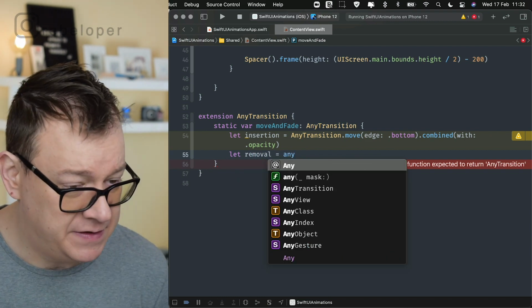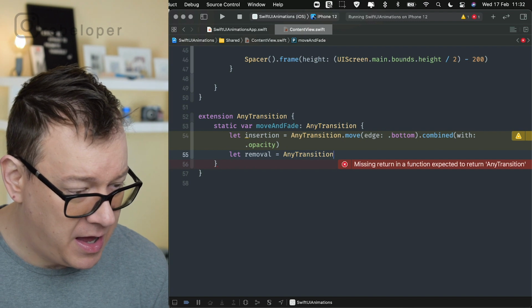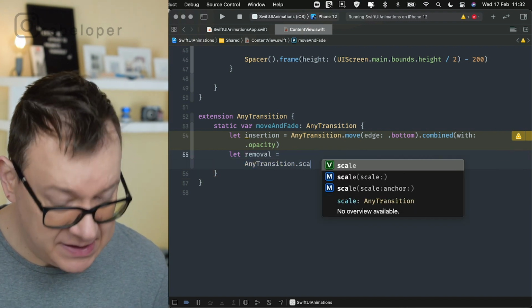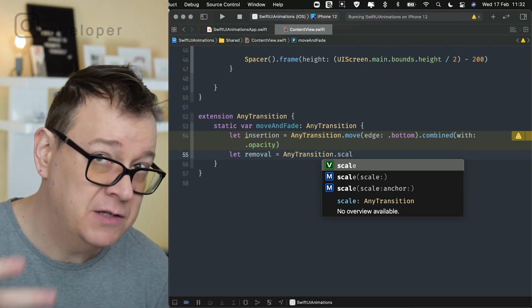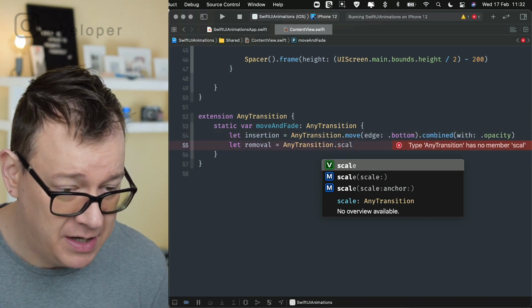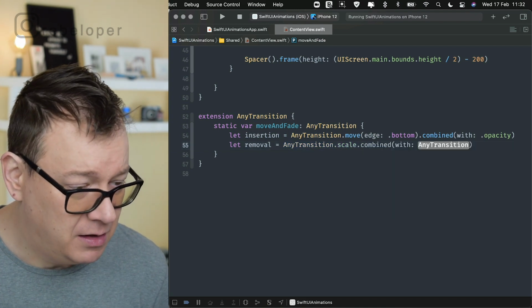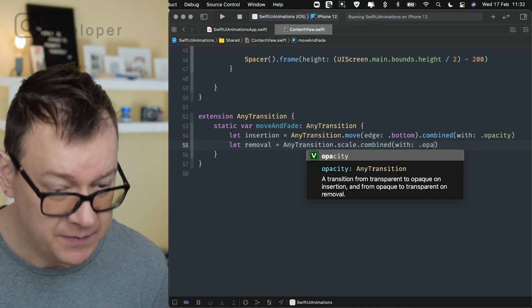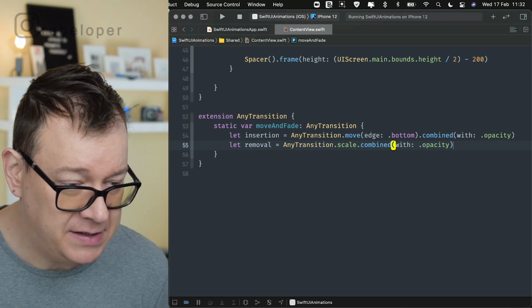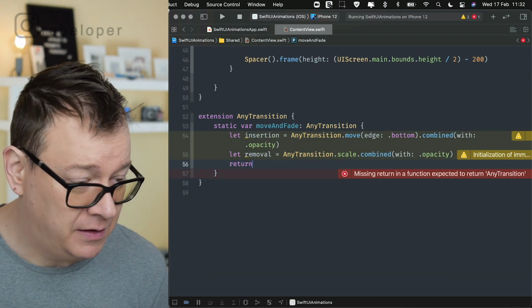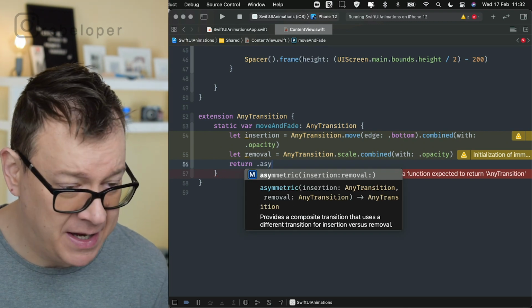again an any transition, and let's just go and scale it down. So scale, so this is the remover, that's why I know it's scaled down. So scale, and let's just combine that with opacity again. So combine that with opacity, and now we want to grab these two and return that with a dot asymmetric,